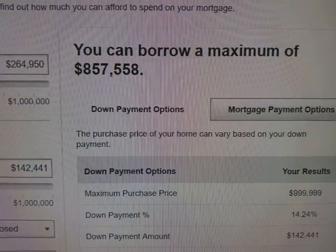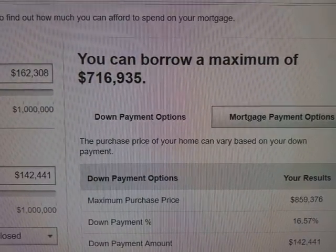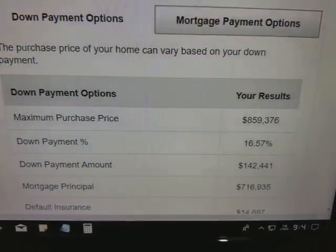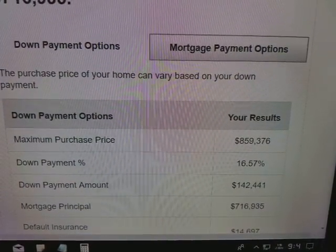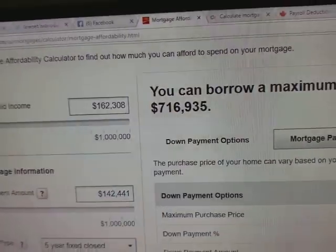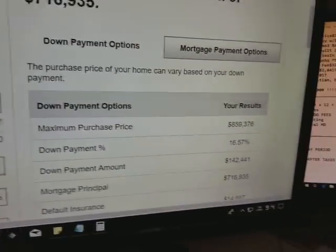Okay, so let's put it back where we had it. Right, just roughly about there, yeah. 160, for example, 162, down payment of 150, so 16%. Maximum purchase price of $859, so that's a little bit too much. So you're within this margin, so you got to put down either a really big down payment for this to